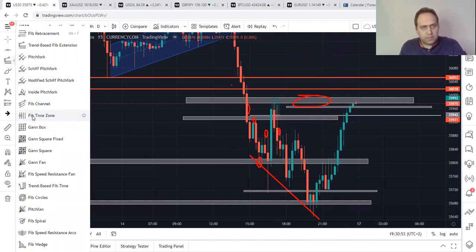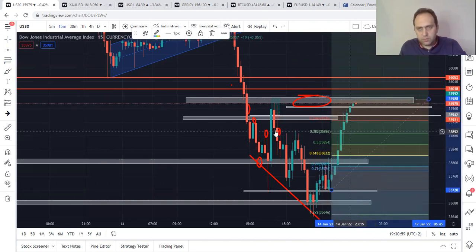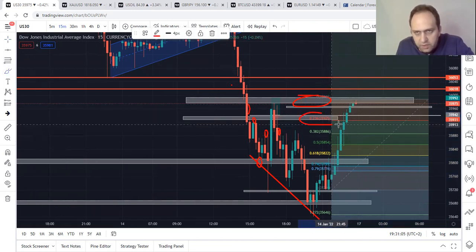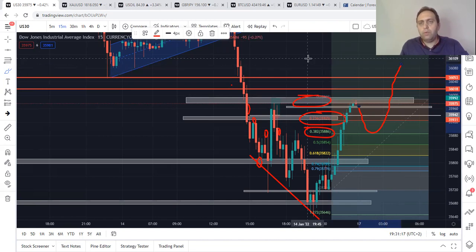Like we took in the mastery program, to the retracement we go from here to 38.2. So most probably we have two levels we can reach: 35,925 and 35,886, which is the 38.2. So we might see a retracement till 38.2 and then continue to move up. Okay, we might see this happening.